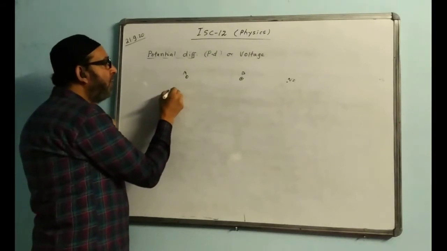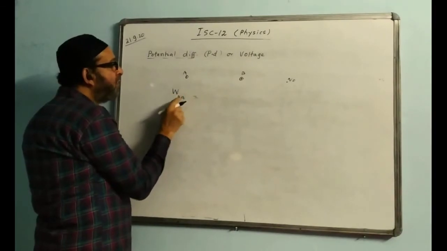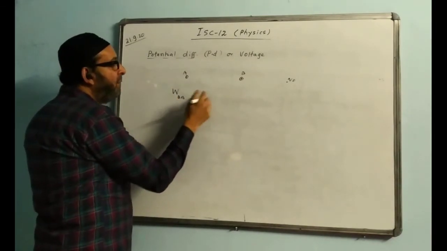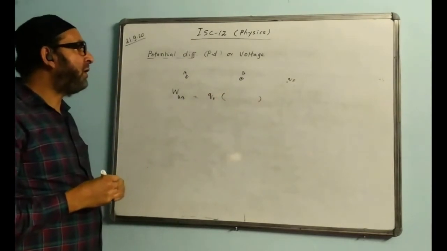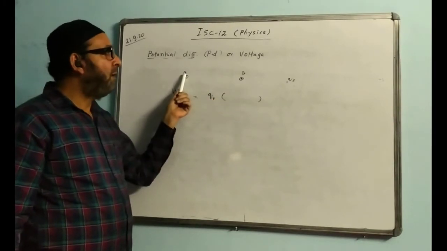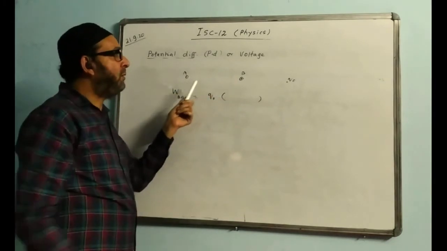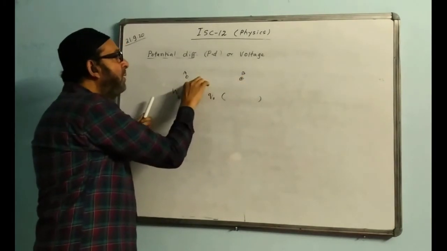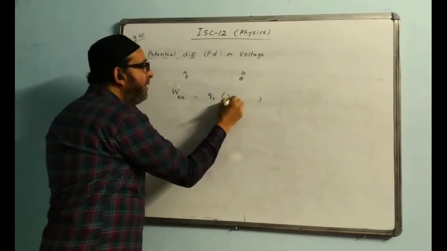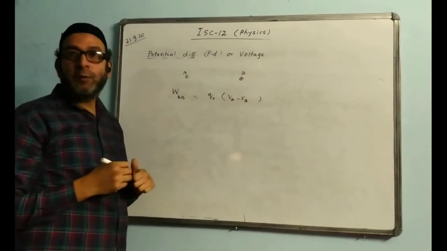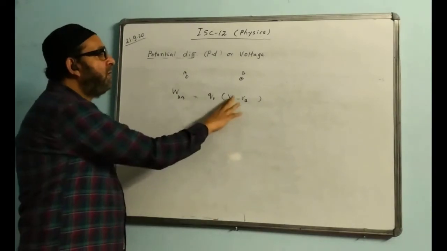So we will get a work done to move a charge from the point B to A. W will be equal to Q naught bracket. Which point will have a higher potential here? Point B or point A? The answer is A, because the charge we are moving from this point to this point is coming closer to it, so we write VA minus VB. Just opposite. If it is WAB, I write VB minus VA. This thing is potential difference.